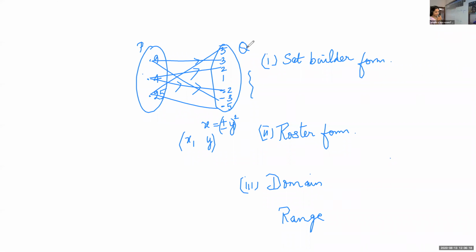What is the form you can give here? Okay, suppose I am right. Whenever you write the relation, we can write this as R is equal to the set of all ordered pairs (x, y). Set builder form means all these conditions you have to write within the set brackets such that